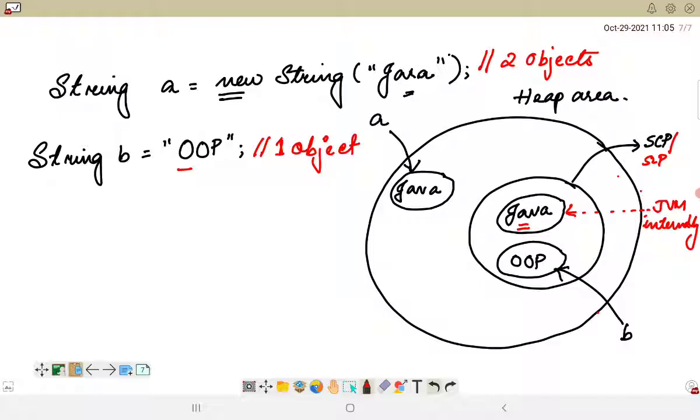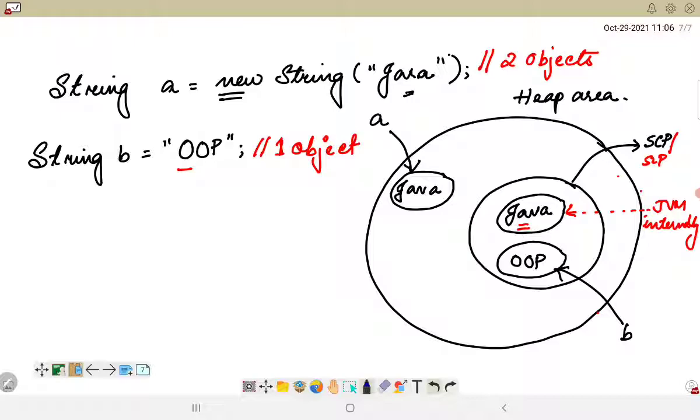Now there are certain exceptions to it. If I am creating another object with the same literal, what will happen? Let's say we have another variable or string object which has the same literal. We are not creating an object in one scenario, but we have two same literals, and in the other scenario we have two different objects with the same literals. Okay, so let us see the situations here. I will use a different color for these scenarios.